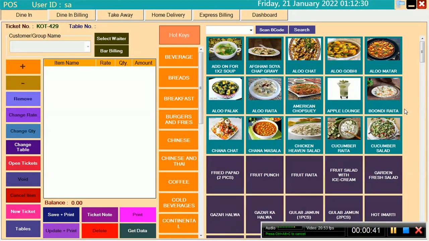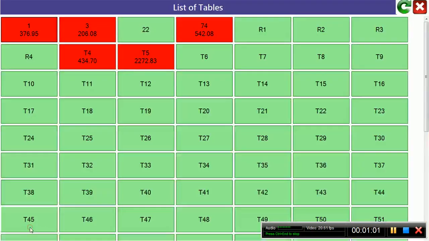So this is our dashboard. In this dashboard, we can start with our dining system. So dining system is like, suppose for example, a customer comes to your restaurant and sits at the table, and now your steps are starting. So first of all, we can select the table. Filled tables show in red color. You can see it easily, and the vacant tables are in green color.